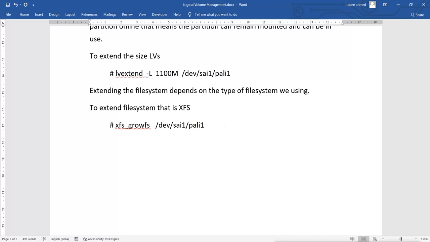That means if you want to shrink an LVM partition with an XFS file system, remember, it is not supported in the XFS file system.